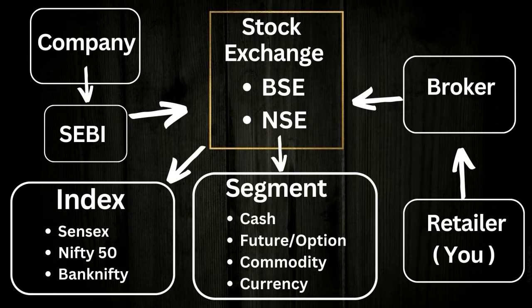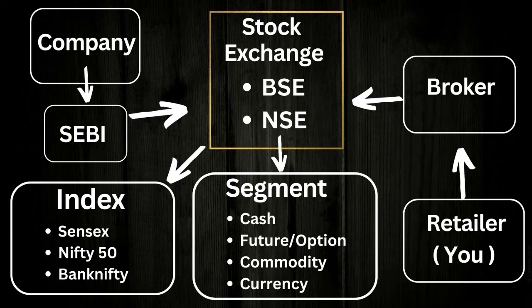If you talk about the cash segment, it is the safest segment among all because it has a circuit limit of 20%. It can't move beyond 20% upside or downside in a single day. That's the rule of SEBI to protect your capital. It means whatever happens, your maximum loss will be 20% in a single day, same as your maximum profit of 20% for a single day. But the companies listed in cash move very slowly. They rarely give 2 to 5% profit, and mostly the company goes in a side trend.